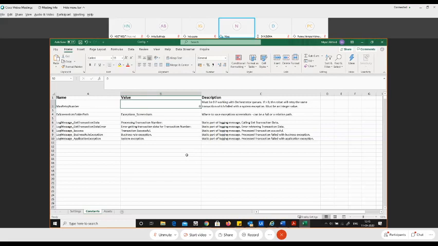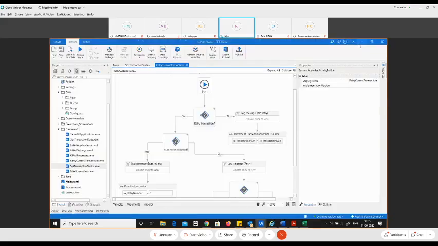So it could be 1, 2, but say for example, if you put the maximum retry in the orchestrator queue, then what is going to happen is it's going to ignore this and take it from the orchestrator maximum retry when you put the queue values over there. But say for example, there are no queues. If you're working with data tables, then in that case you have to work with the Excel file, because queues only work with orchestrator. Orchestrator cannot work with data tables.